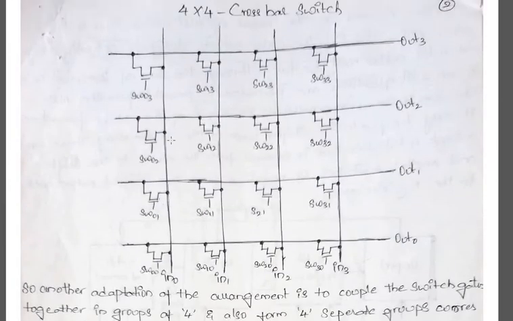So this is the 4x4 crossbar switch. These are the 4 input lines and these are the 4 output lines. You can connect input lines anywhere. In this arrangement, any input line can be connected to any of the output lines, or you can connect it to all of the output lines. Suppose all the switches are closed, then all the inputs are connected to the outputs in one glorious short circuit.